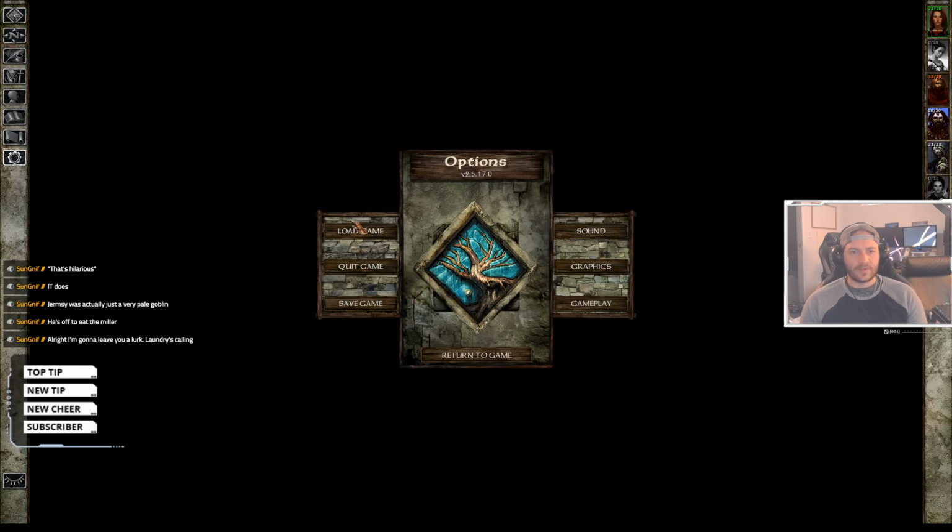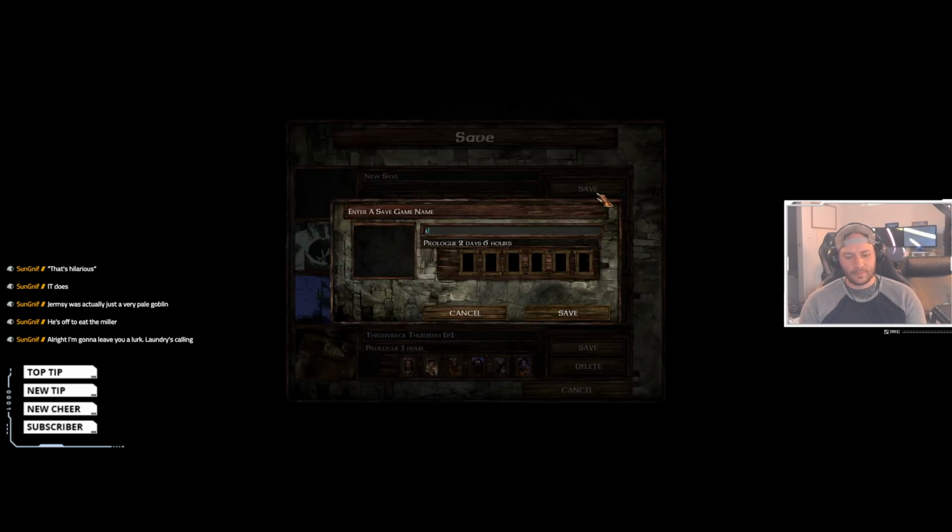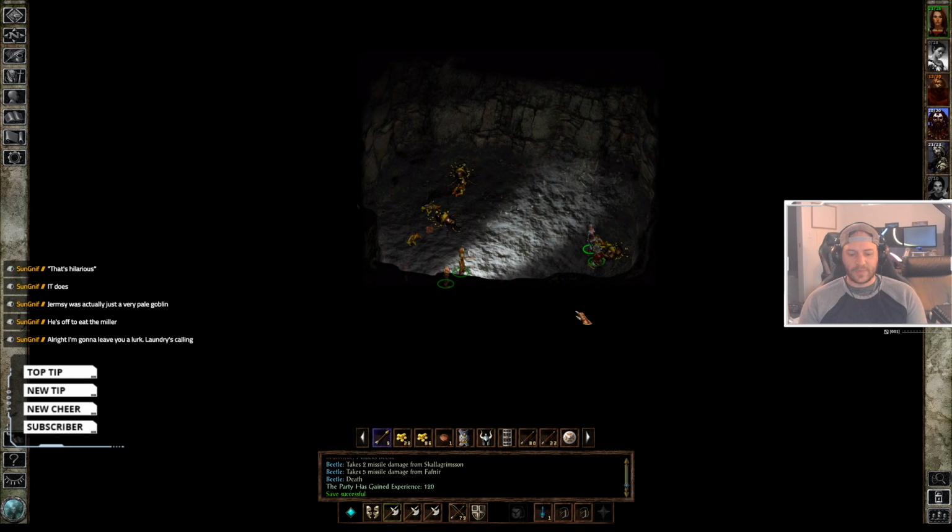Let's save this real quick. We're going to call this Scum Save 1. And then...